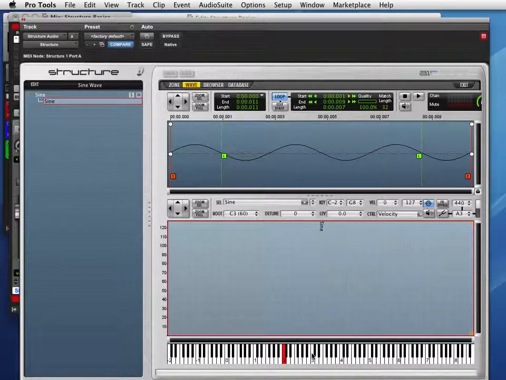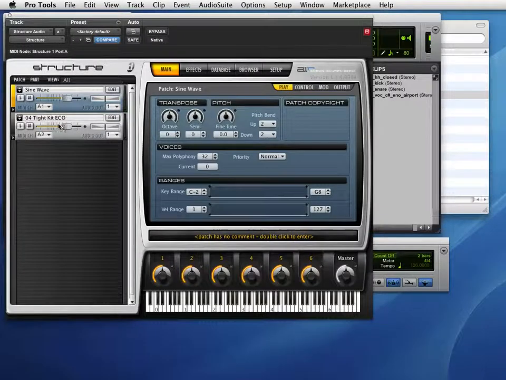One other thing that's important to note, this area between this empty space and the waveform up here says root note. That's the original sounding note, so you want to map that to the right key. And this is the key range. It says C-2 to G8. That means that this one sample is being mapped across the entire keyboard, basically being sped up or slowed down. Faster, slower. Okay, I'm going to exit this window, go back to our main window, and let's look at how